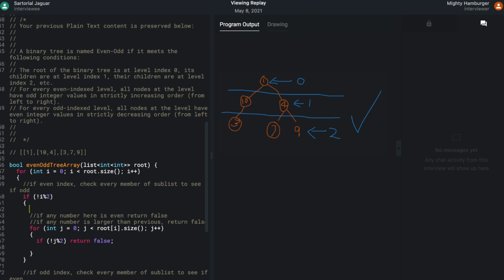Is that greater than C++ size? No, I'm just trying to figure out what that is, because that's not like 4 or 8. Usually it's an increment of 4 or 8 or something. It's a million. C++ can handle that, right? Yeah, so it's a million. So right now we're checking if any number is larger than previous, so it's either going to have to be negative a million or positive a million. I'm trying to figure out which one it is right now.